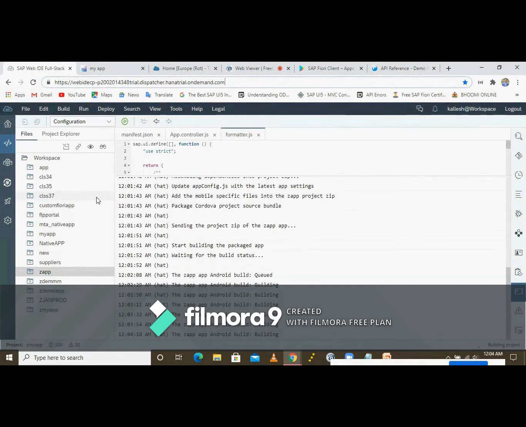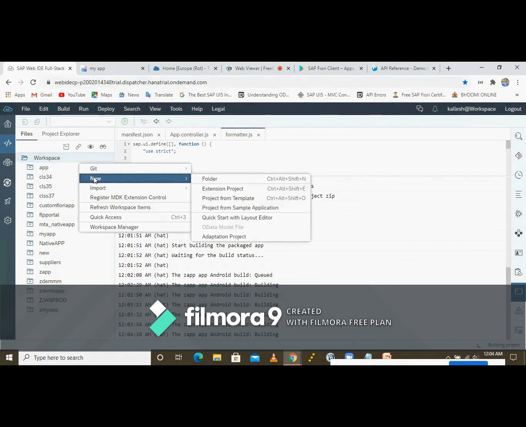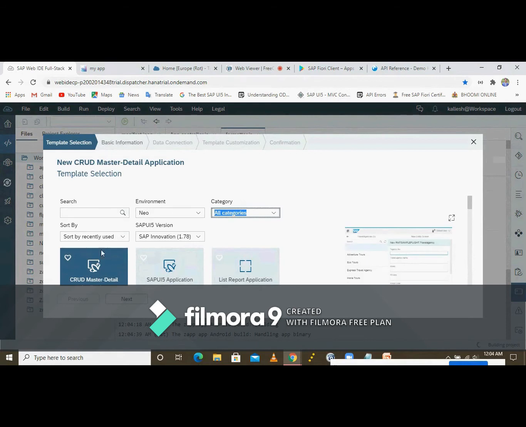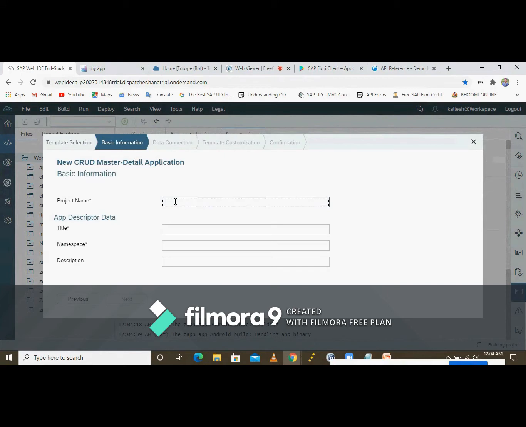It is building our mobile app. Just follow my steps to create a Fiori app. I will show you how to create. Right click on this workspace, go to new and go to project from template and select all categories. The environment should be new. Select CRUD operation or any SAP web application. Give your project name, Z, my project title, my project,